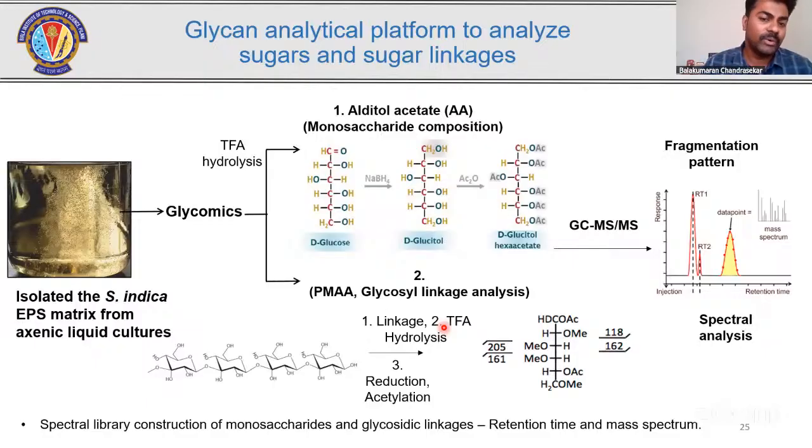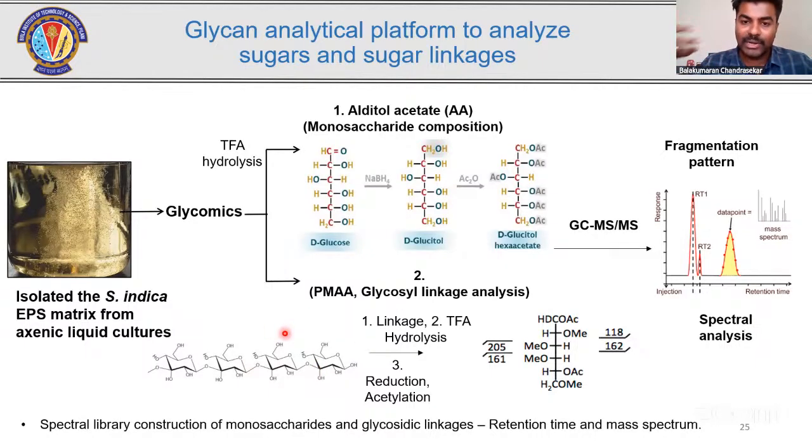And with these two important approaches, you will know what all the monosaccharides present in the samples are, and also what the linkage of these particular sugars is. For example, let's say this is a small oligosaccharide over here, and if you wanted to know what the linkage is over here, this analysis can tell you the particular linkage. So if I take this oligosaccharide and perform the linkage analysis, this analysis will tell me this particular oligosaccharide has a 3-linked glucose, because you see here this is a C1 carbon and this is linked to a third carbon. This will say this is the 3-linked glucose.